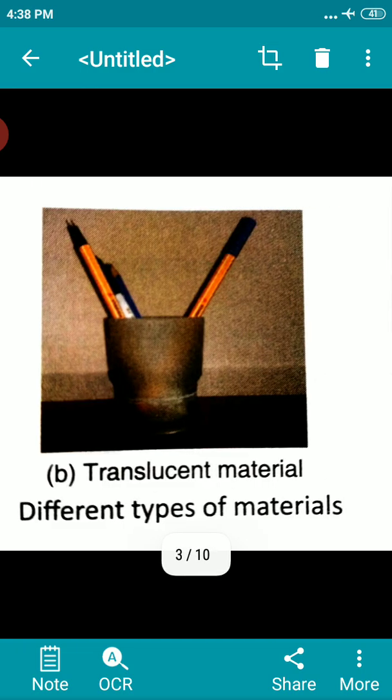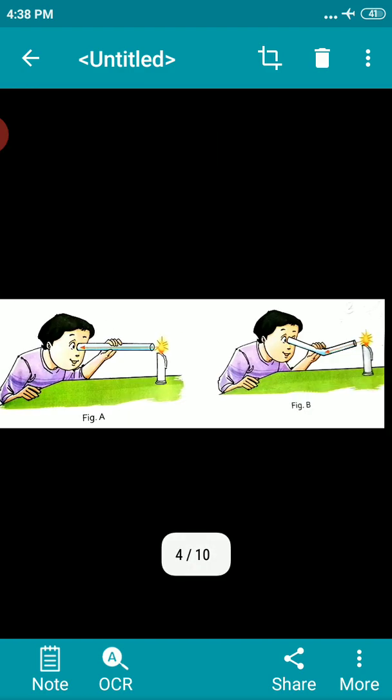Take a sheet of opaque paper. This is a translucent material. This is an opaque material. This one we are going to use for this activity. Take a sheet of opaque paper rolled into a pipe and light a candle. Look at the candle flame through the pipe.